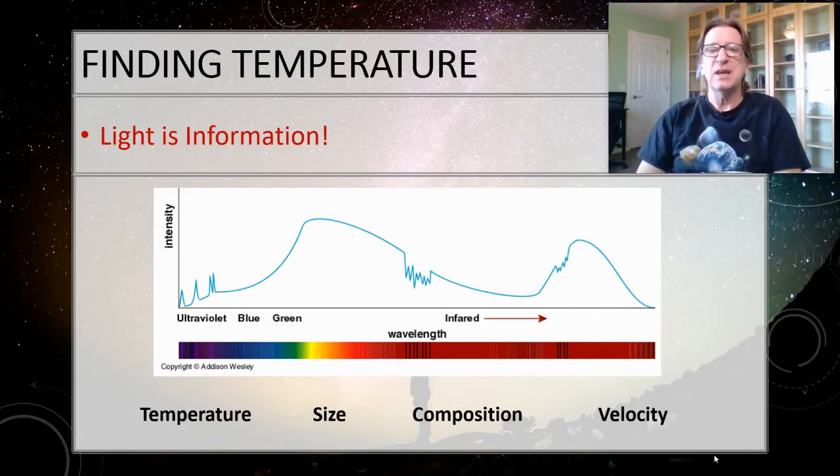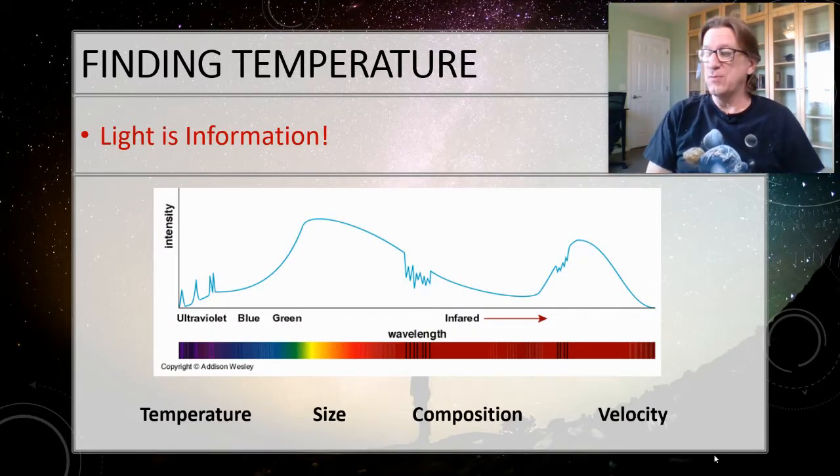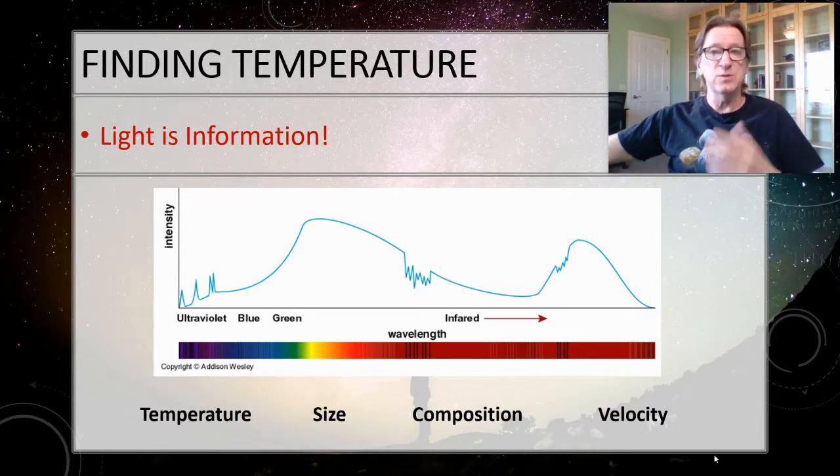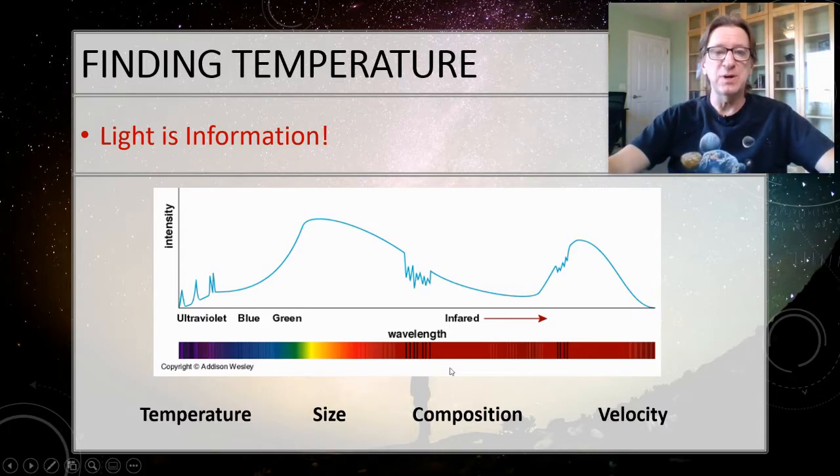So we mentioned that light is information. So everything that we get from the stars is from light. So like we said, we've got to squeeze everything we can possibly get. What we're going to be working on here is finding the temperature. Now, here's the rainbow that you guys are most likely used to seeing. And this is what most people think of when they see a rainbow in the sky or anything like this. But if I were to ask you, what is the brightest color in this rainbow? You would probably immediately say yellow. Well, maybe it is and maybe it isn't.